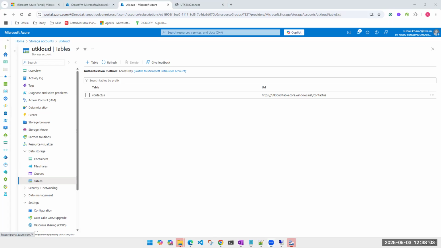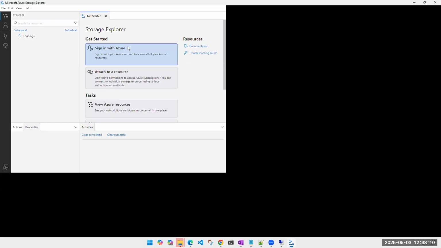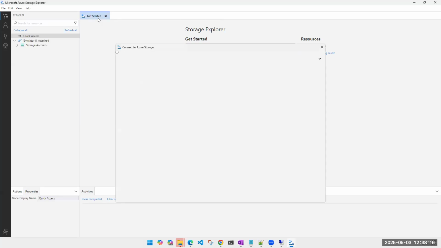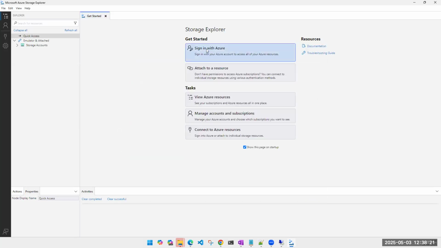So here it is. Now there are multiple methods to access your storage account using your Azure Storage Explorer. This is the software. There are multiple methods. One of them, very simple: simply go ahead and log in to your account. Sign in with Azure. The moment I do this,